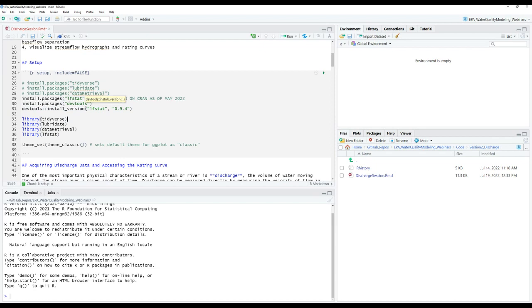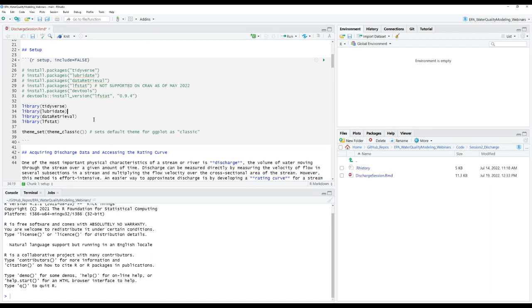If by chance you are having any issues with installing or accessing lfstat today, I will be running through some workarounds. And so don't worry, don't spend too much time if you aren't able to access lfstat from the beginning, or if you aren't able to install it. I will point out some workarounds as we work through so that you'll be able to participate and still run the code without that package. But like I mentioned, it's a really handy package that I'm pretty disappointed is no longer supported on CRAN for R. So with that caveat, we will continue on.